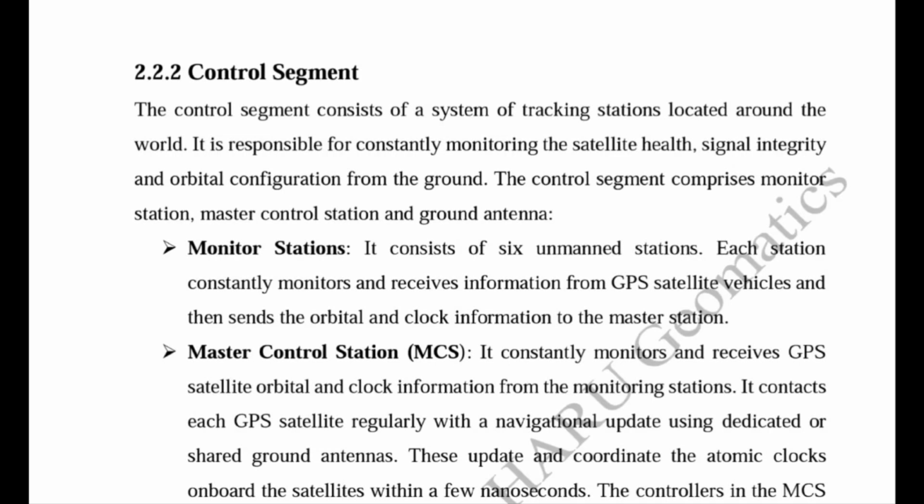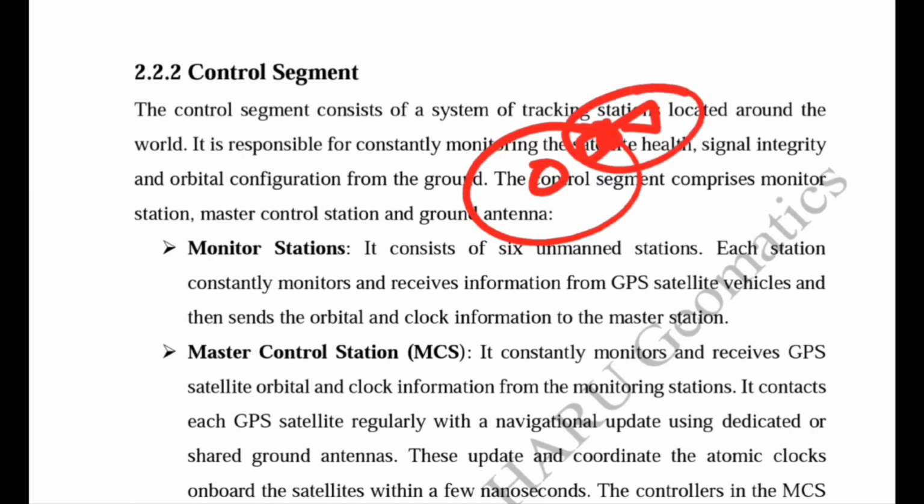Now this control segment is very important because we know that satellites are revolving around the earth in a fixed orbit, but this orbit has some variation, or their location information may vary due to some gravitational forces that are present in space because of the moon or sun. Due to these gravitational forces or the earth, there may be some variation and the satellite information will change. So monitoring to find out their variation is very important.